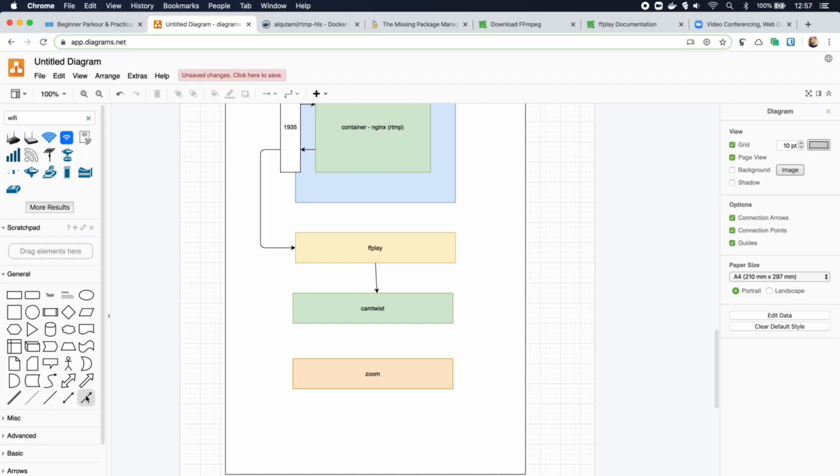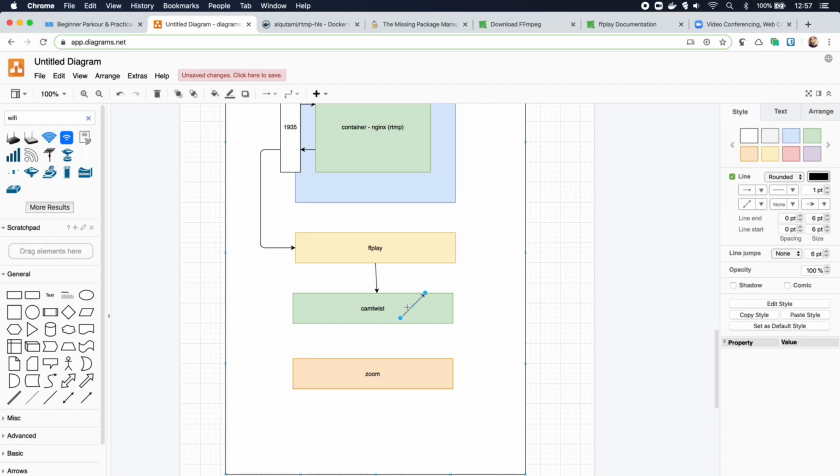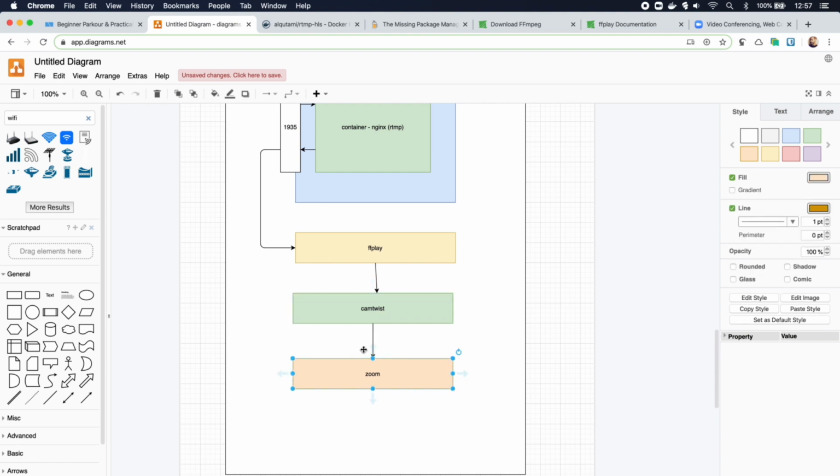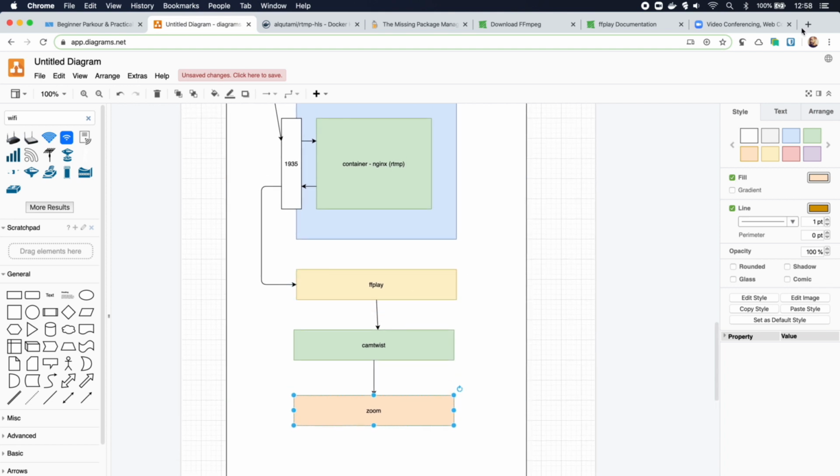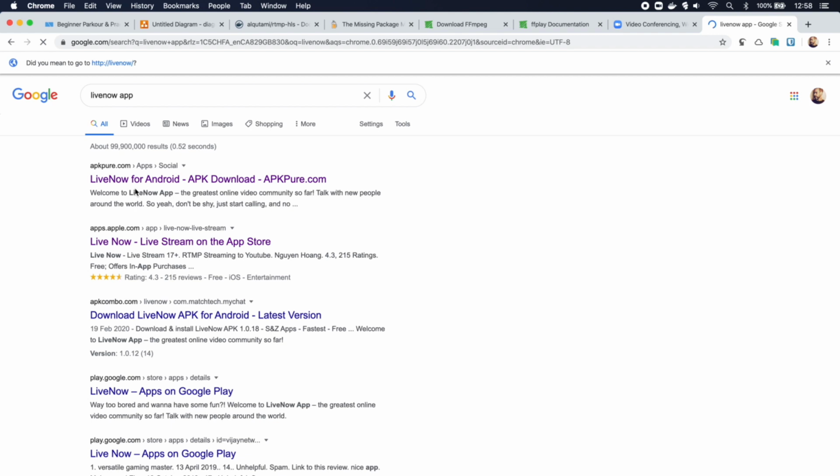So back on our diagram, we can add our last step. Obviously, these two steps can change. FFPlay can go into OBS instead, or whatever you like. The great thing is, like I said, you can use a streaming app on your phone instead of the GoPro. So live now,